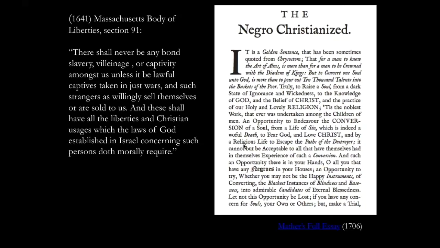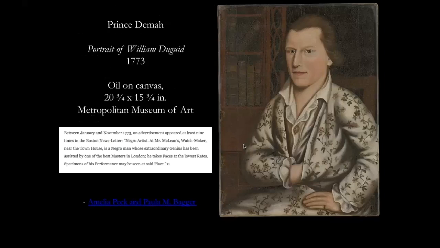And I don't have time to go into it right now, but this text from Cotton Mather's essay in 1706 is basically saying that the best thing you could possibly do for your own chances of being saved in heaven is to convert Negroes who have pagan religions and are clearly going to burn in the fires of hell. So into that framework of Massachusetts, in which a man like Prince Demah, who was the first